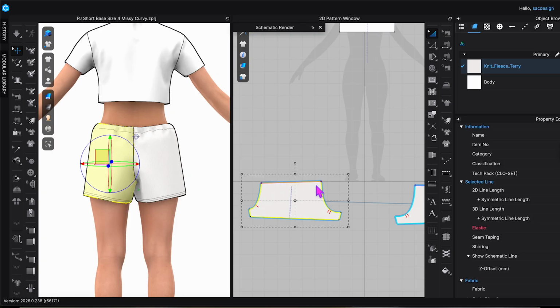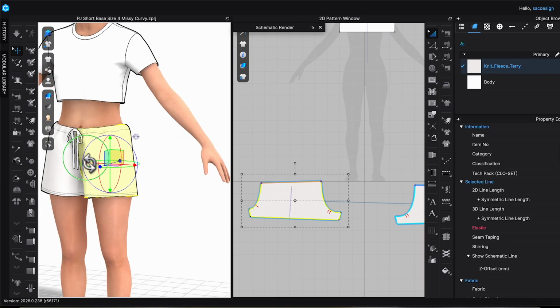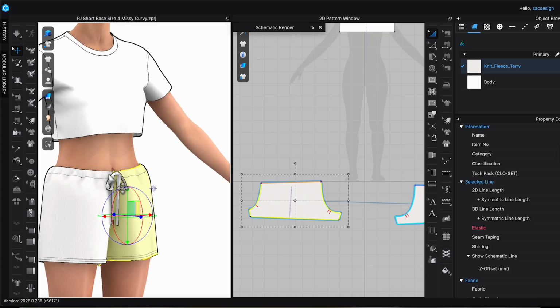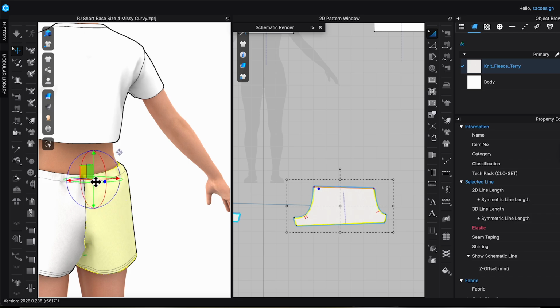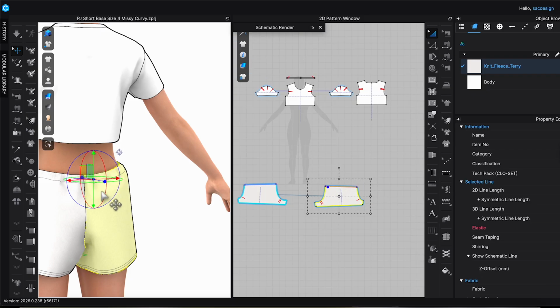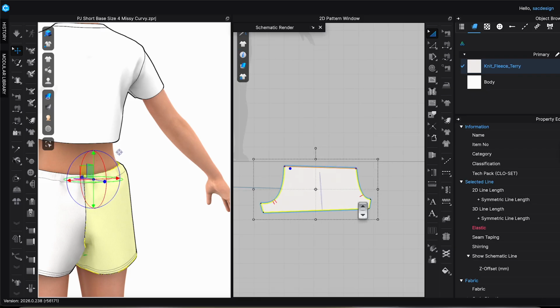If I were to move, let's say this point 1 inch out, that's going to add a whole inch. And if I also did this point, that would add another inch. So by doing that, that would add 2 inches. And again, we're going to cut this one. This is only half. So that means it would be a total of 4 inches. So really what I should do to get it to be 1 inch wider is just move each point